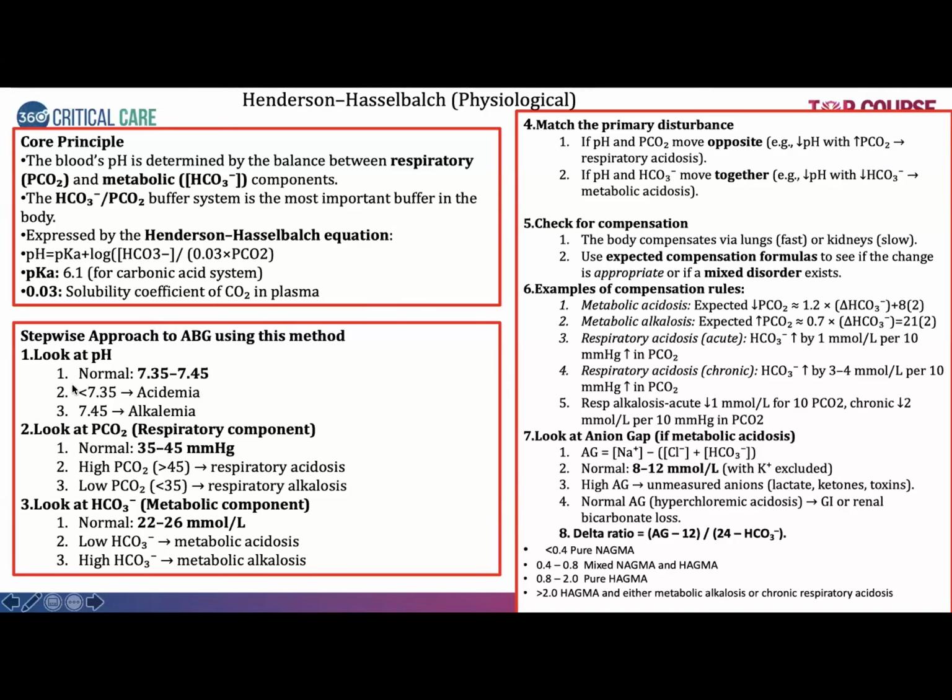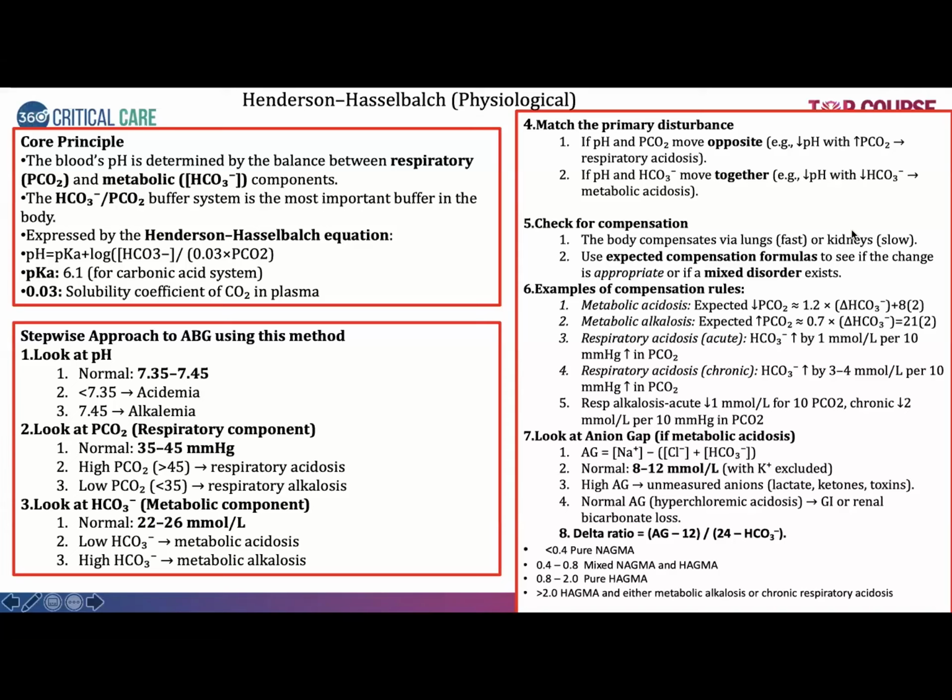First, there are several steps of interpretation, wherein first step being know whether it's acidemia or alkalemia, looking at the pH. Look at the PCO2, you know whether it's respiratory alkalosis or respiratory acidosis. Then you look at the pH and the PCO2, whether it moves in the opposite direction or same direction. So if it moves in opposite, it's respiratory acidosis. If it moves in the same direction, both are low, metabolic acidosis, and looking for the compensation.